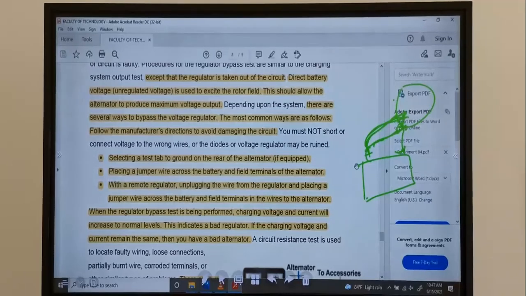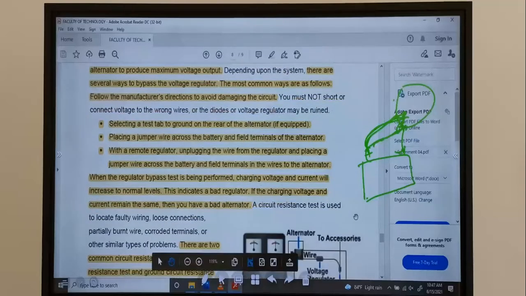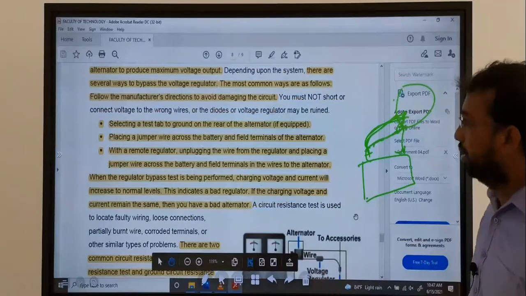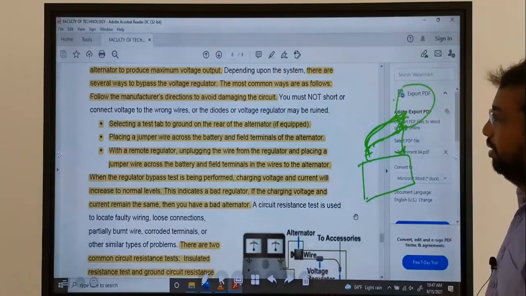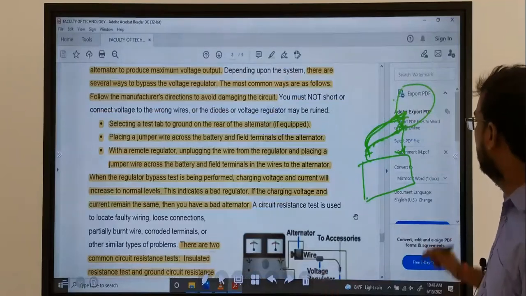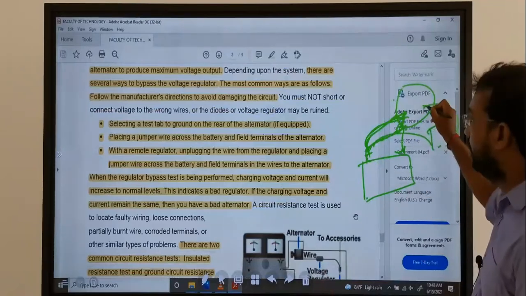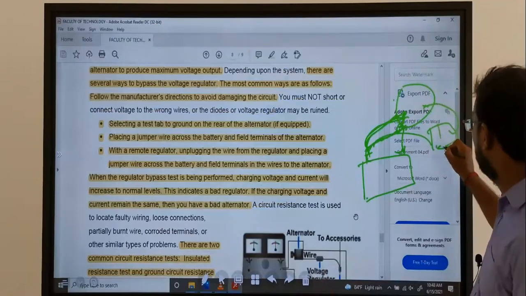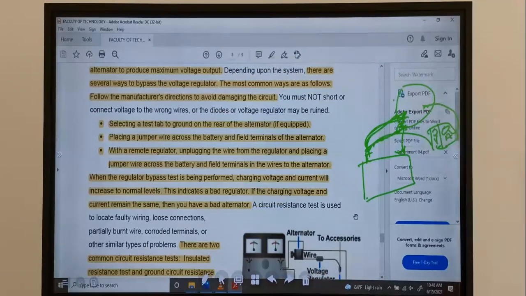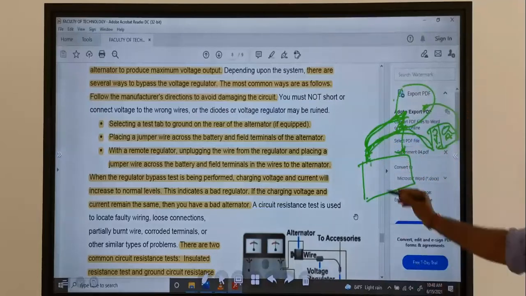So, selecting tap the ground. These are the instructions. First we have to select the tap. We have to measure the ampere and volt. The battery ground is connected to the ground point of this alternator, so we can find voltage and ampere. Minus is for ground in the alternator and this is for the plus point.